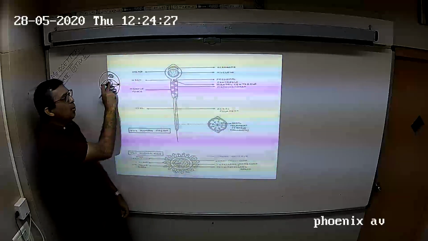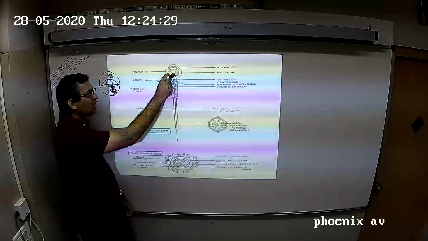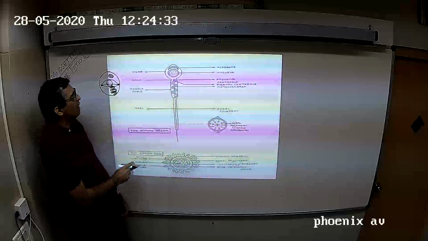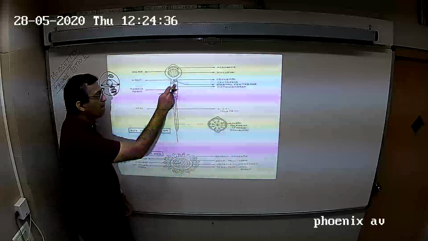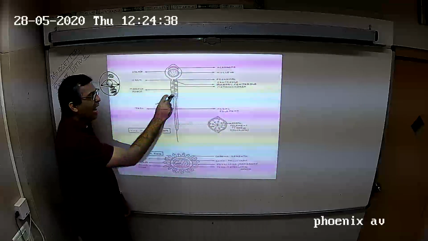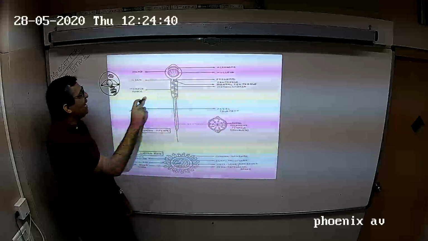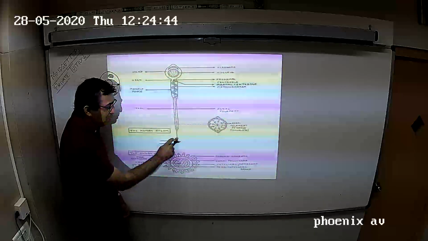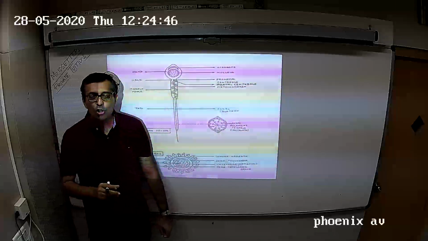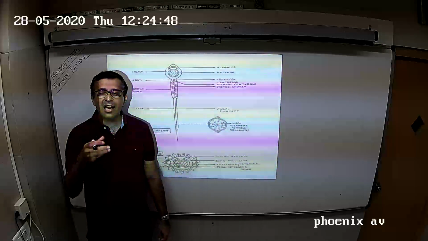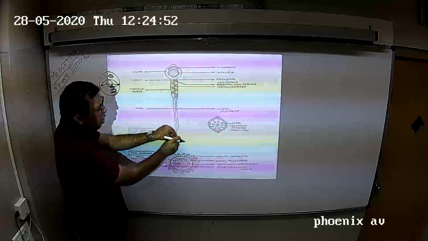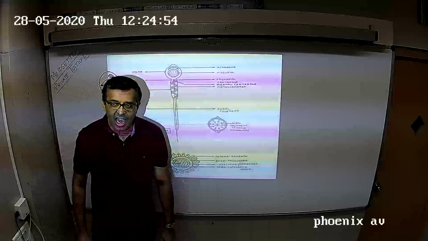So here we have the nucleus, then here we have the Golgi bodies, here we have the mitochondria, and here we have the centrioles, and from the centrioles arise spindle fibers. So what is a sperm? It is nothing but a spermatid which has beautifully undergone a structural change called